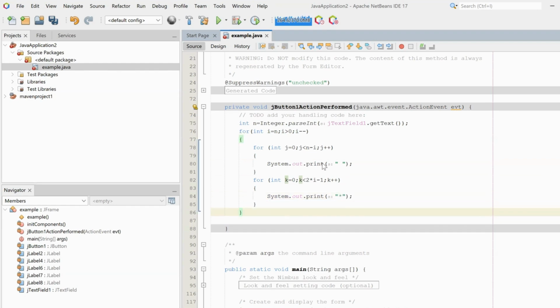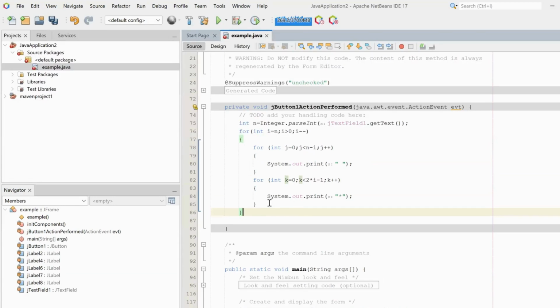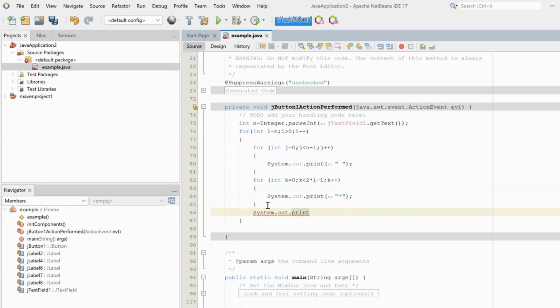If you have seen, we have used print, not println. Why? Because we want our cursor to stay on the same line for printing the stars and even for printing the spaces. It should remain in the same line before moving to the next row. But after finishing one row, it should move to the next line. How can we do that? By simply using System.out.println this time. Here I will write println and then just simply println. It should not print anything but move the cursor to the next line.